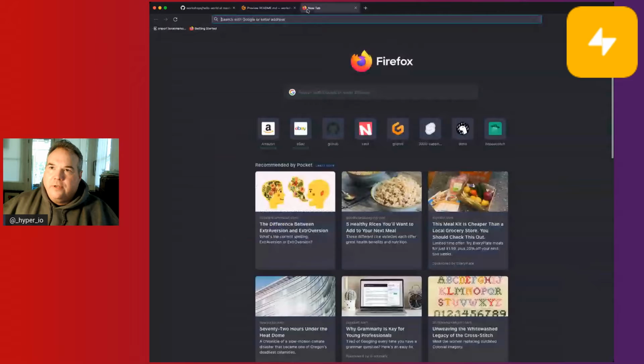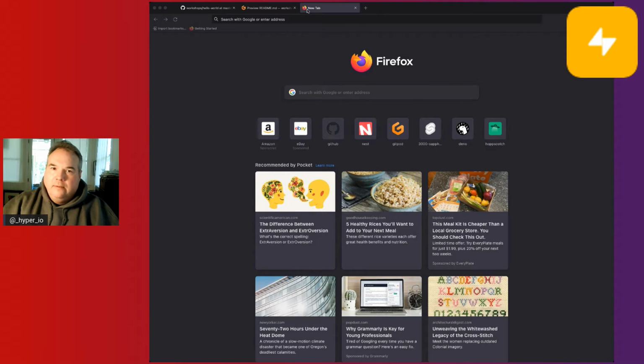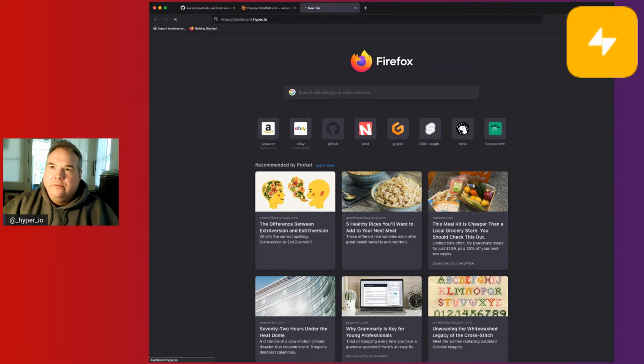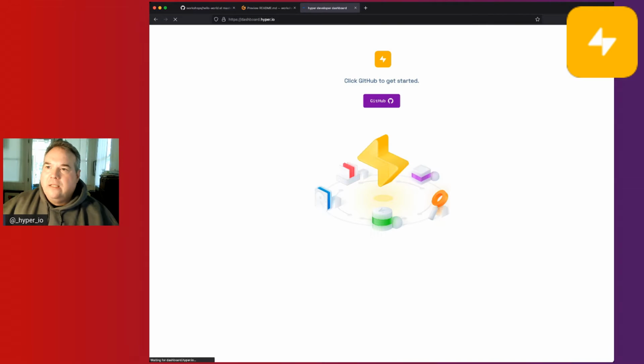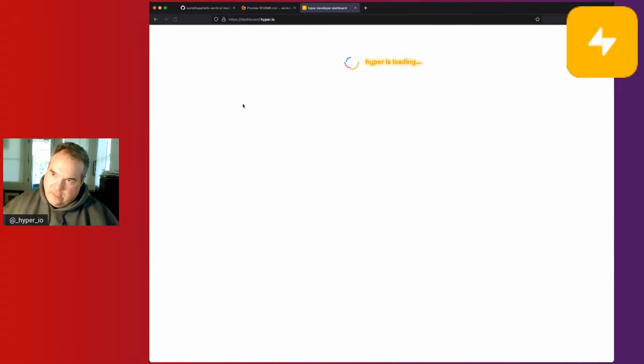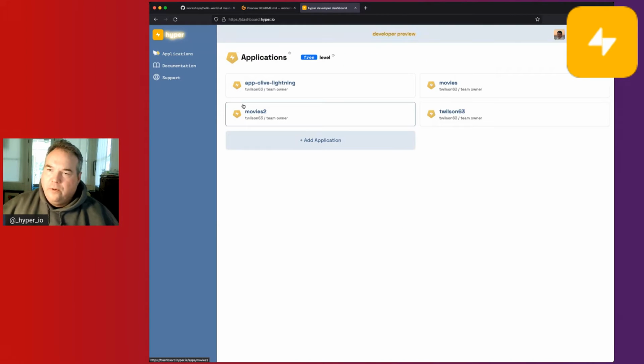Right now, you can go and sign up for the developer preview by going to dashboard.hyper.io. And in dashboard.hyper.io, you can click the GitHub button to sign up. You log in with your GitHub account, and you will be enrolled into our portal where you can create Hyper